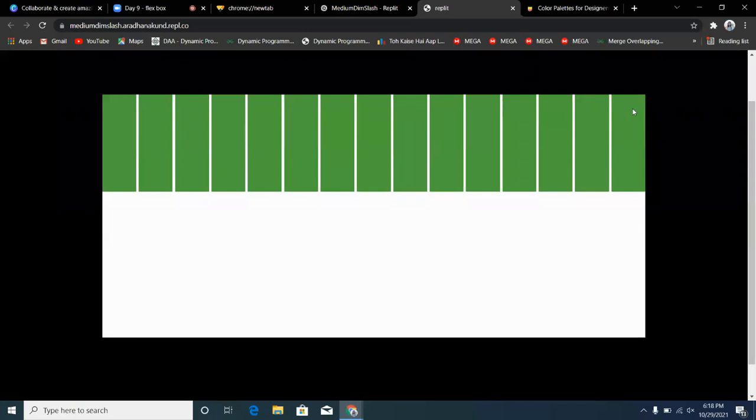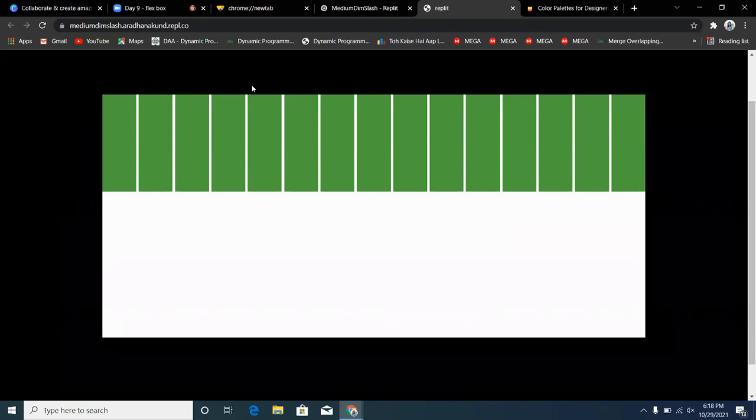If they were not able to arrange themselves in a particular row, then they used to shift to the next row. But here you can do that also, and you can do this also. If you want all your divisions to adjust themselves inside the provided width of the parent, then they will just squeeze themselves and adjust inside that particular width.